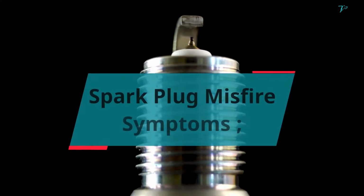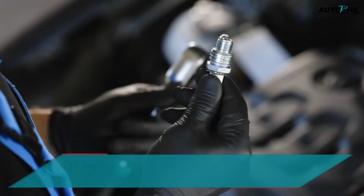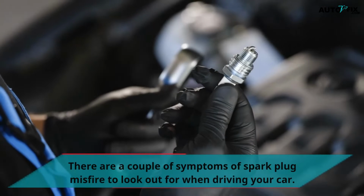Spark plug misfire symptoms. There are a couple of symptoms of spark plug misfire to look out for when driving